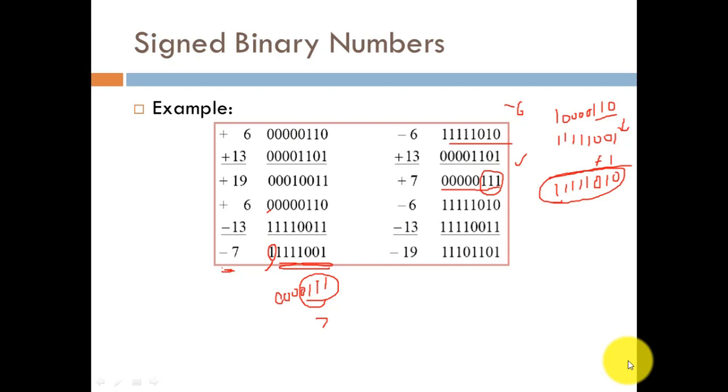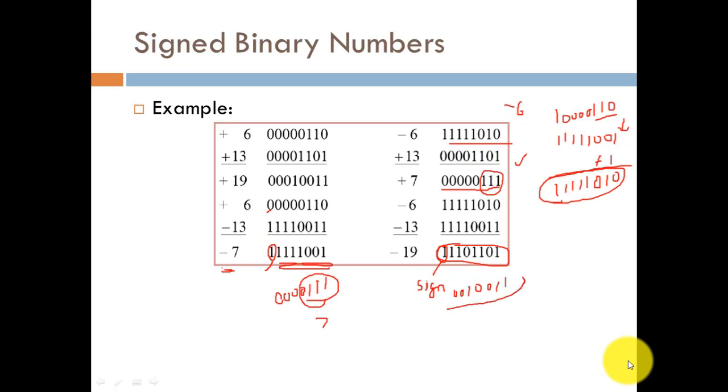And in the similar manner, in this last example, we have minus 6 and minus 13. The 2's complement of minus 6 and minus 13 would be given like this, and we have to simply perform this addition operation. 1 plus 0 gives 1, 1 plus 1 gives 0. In the similar manner, this will be the outcome. So this negative sign is represented by this particular bit. This is the sign bit, and after taking the 2's complement of the rest of the bits, we get 1 1 0 0 1 0 0.